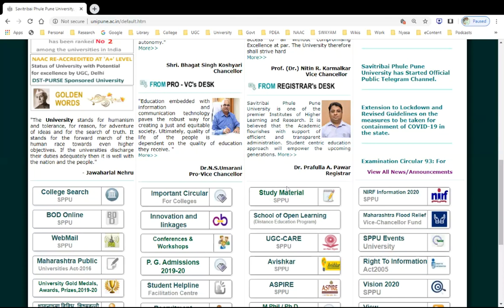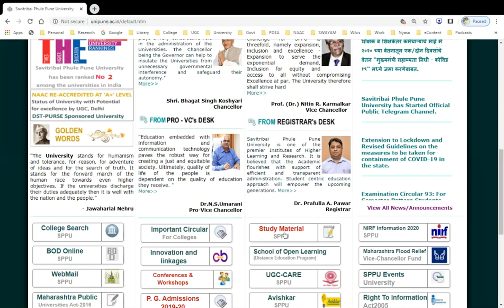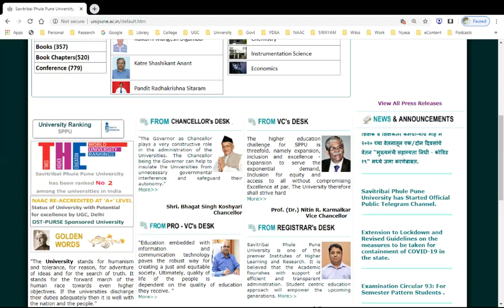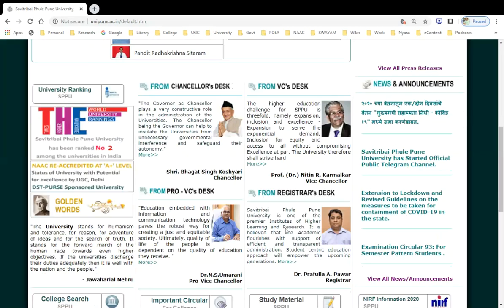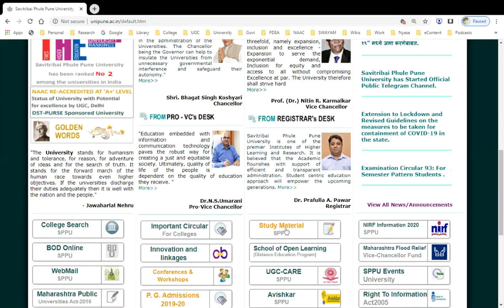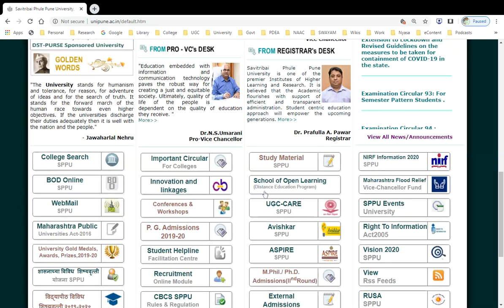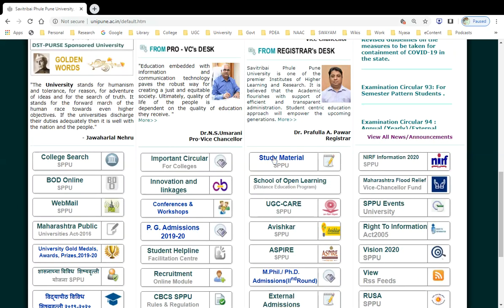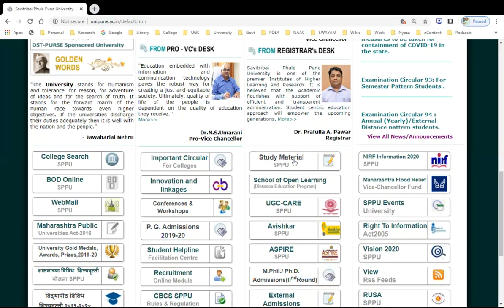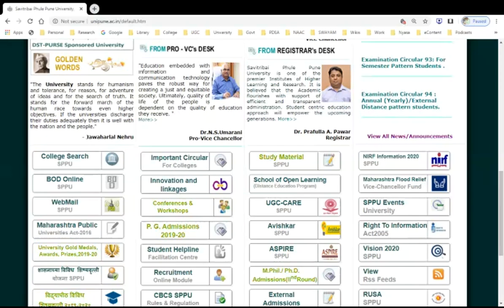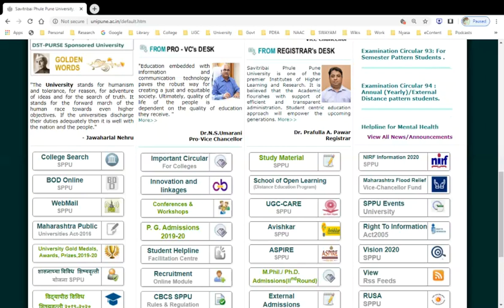The site is loading. So see, this is the link from where you can go to the study material repository of the Savitribai Phule Pune University. So let's go. I'm clicking here.